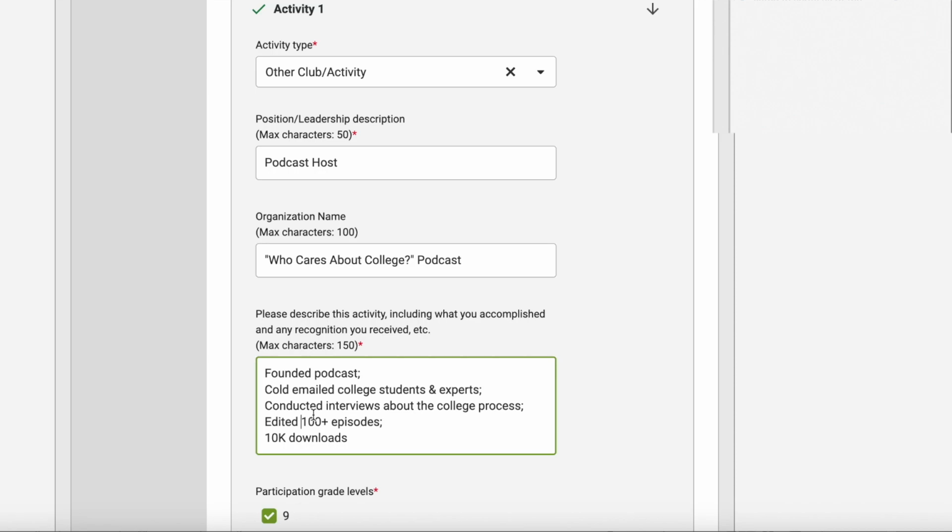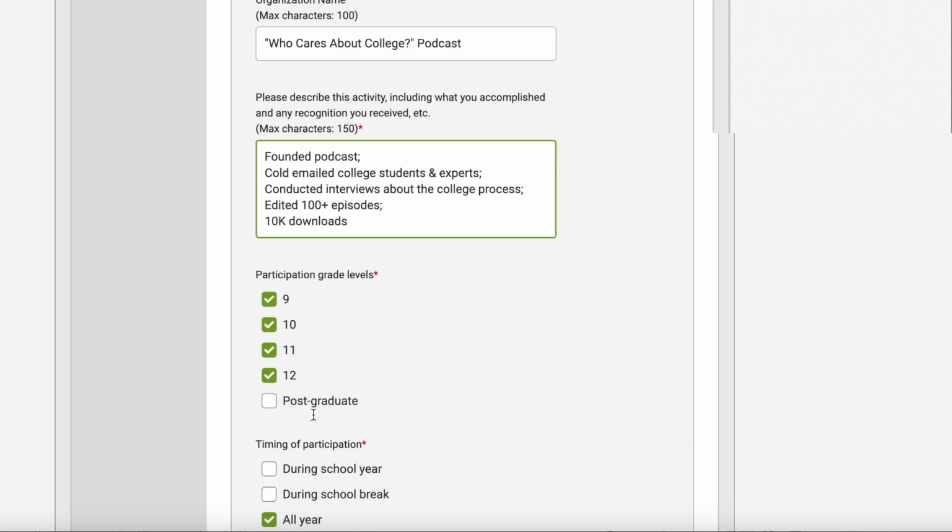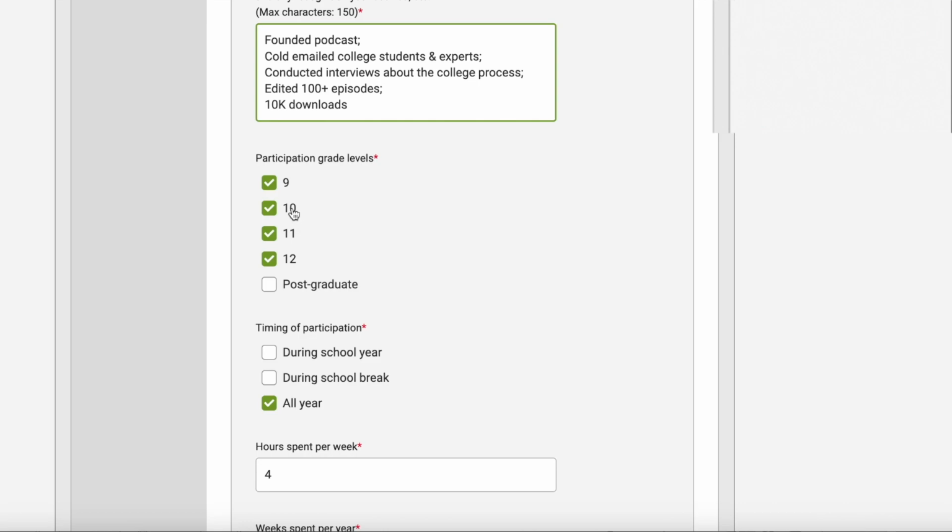Let's say you work for a volunteer organization or you run a volunteer organization, you want to say how much money you were able to raise, how many people you were able to help, or what's the general number in the community that you're helping. You want to put numbers whenever you can to give a tangible stamp on the impact that you're having. And then you're going to have to say which years you participated in them,